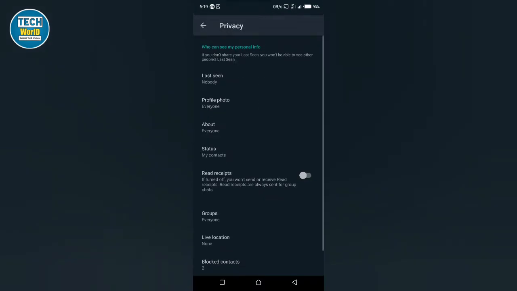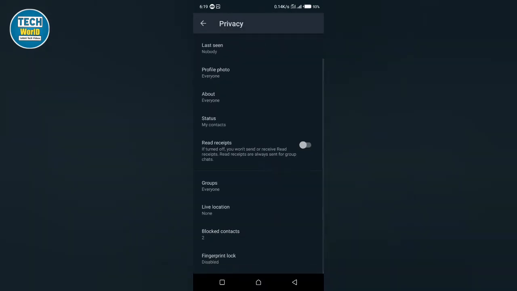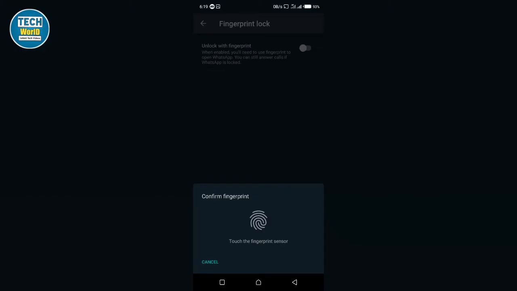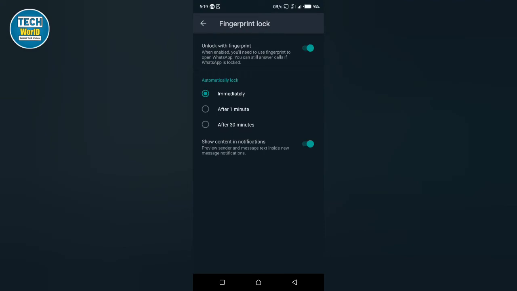and privacy. Now scroll down, you can see fingerprint lock option, click on it. Now it is disabled, you have to enable it, and now it is asking us to touch the fingerprint sensor. I'm going to touch it, and now you are ready. It is asking to automatically lock. You have to select first option